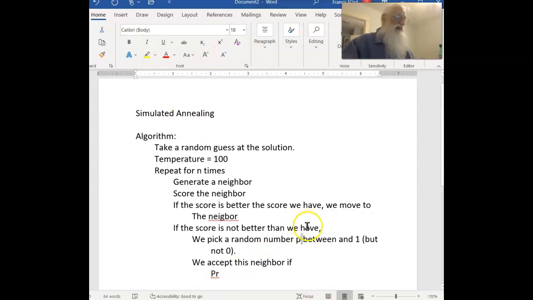So we pick that number. Now, we accept the neighbor if P is less than, and this is the complicated equation, the exponent of the new score, the score of the neighbor, minus the score we have,